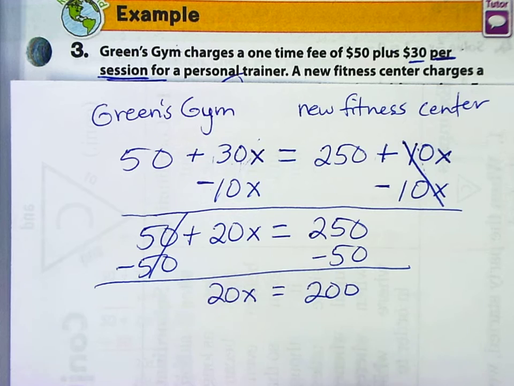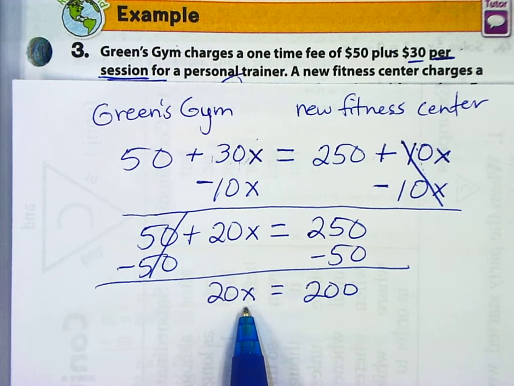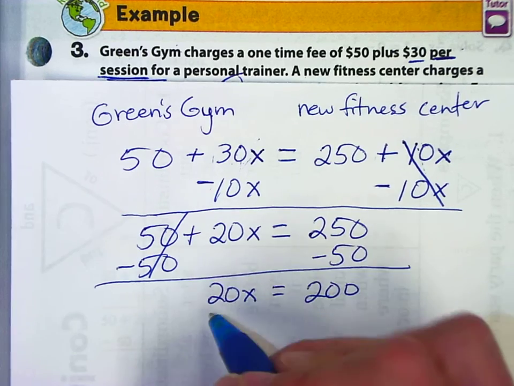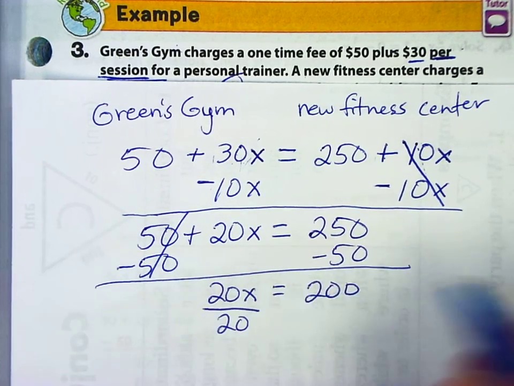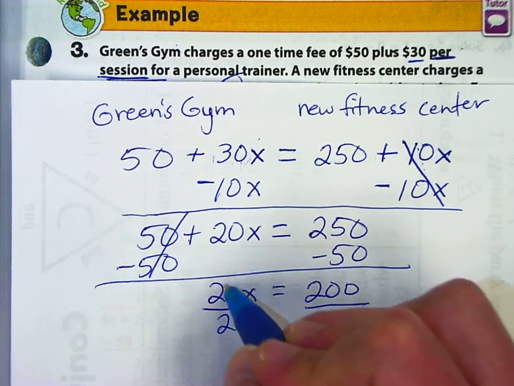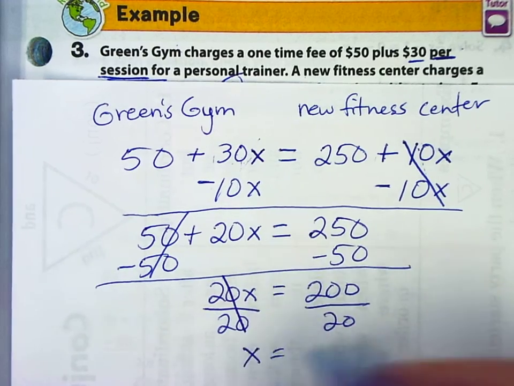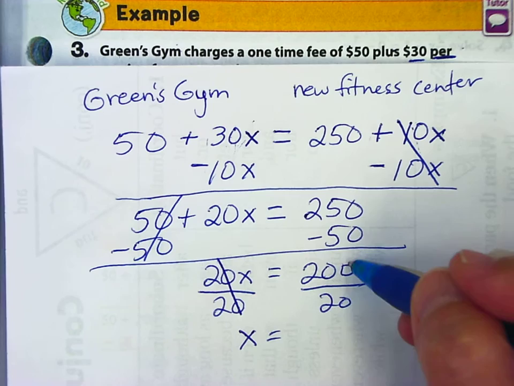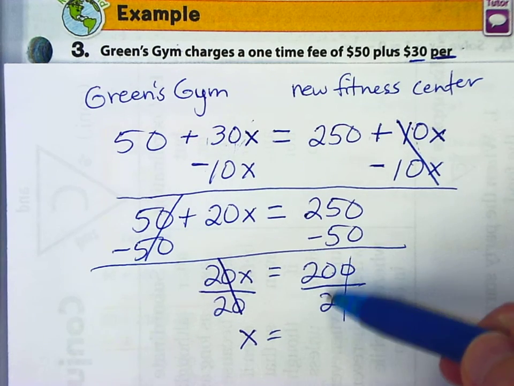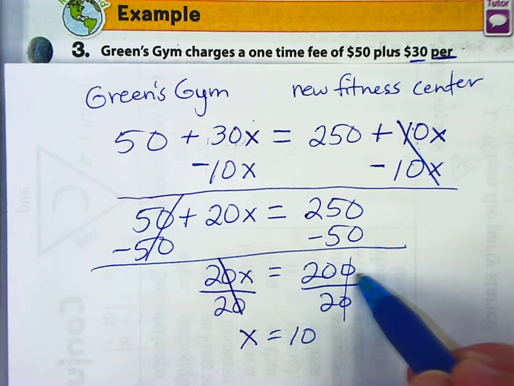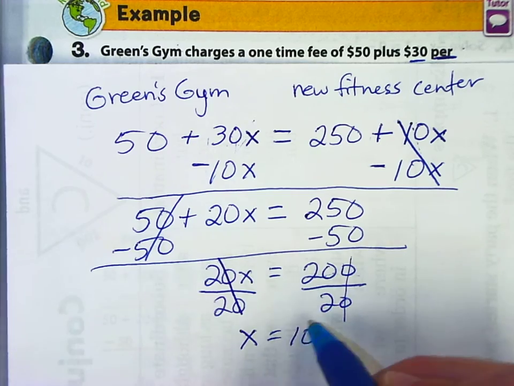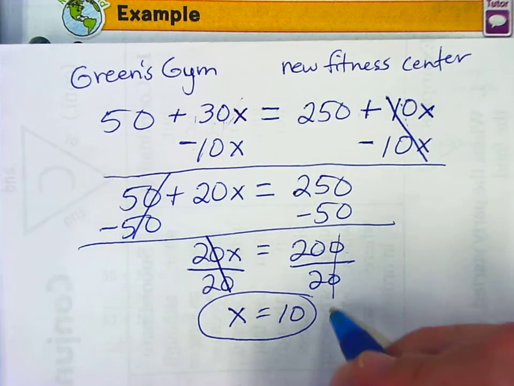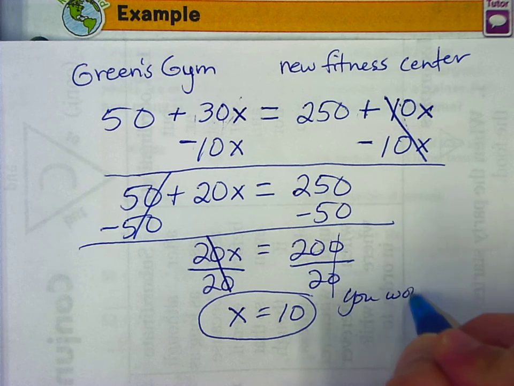Okay, so now my last step, I need to figure out what x equals. So I want x by itself. This means multiply, so I'm going to do the inverse and divide by 20. So 20 divided by 20 is 1x, and then 200 divided by 20, you can actually reduce this. You can cross off one set of zeros, and 20 divided by 2 is 10, or you could just divide 200 by 20. So we found x is 10,